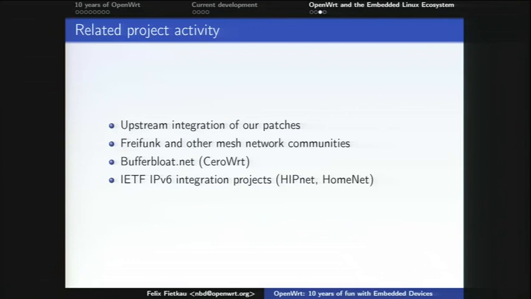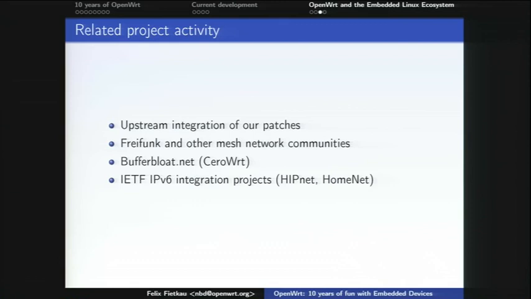Which brings me to another interesting project. I'm sure many of you have heard of the buffer bloat problem, where packets accumulate delay over multiple hops in the internet because it's always cheaper to add more memory than to actually fix the queuing things or add more bandwidth. So the buffer bloat project maintains,